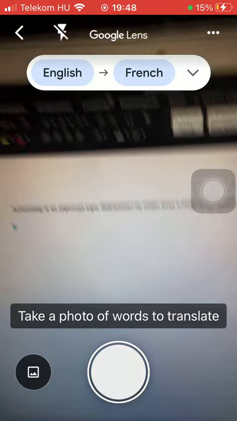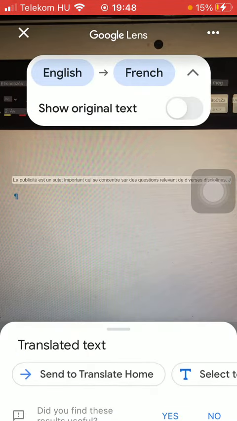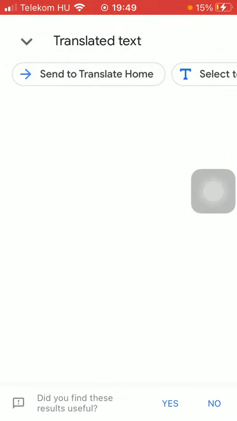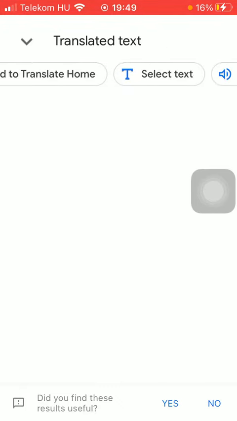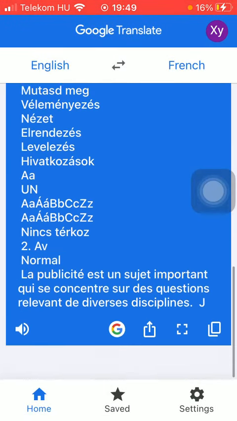So take a photo with your phone, and now if you scroll down, you will see the translated text. You can either go to the translate home section, select the text, or listen to it. So tap on the first option if you are ready to see the